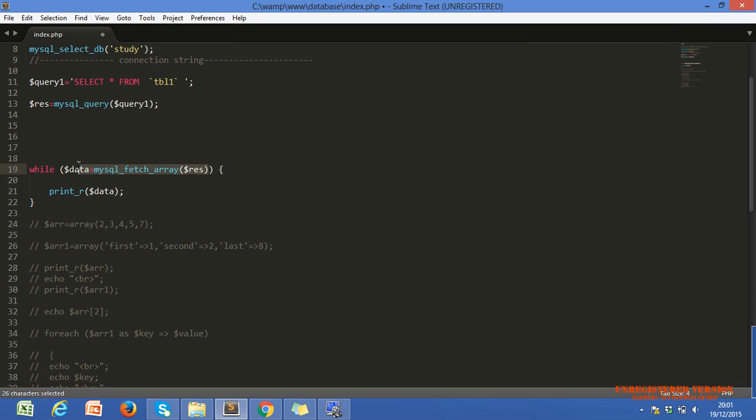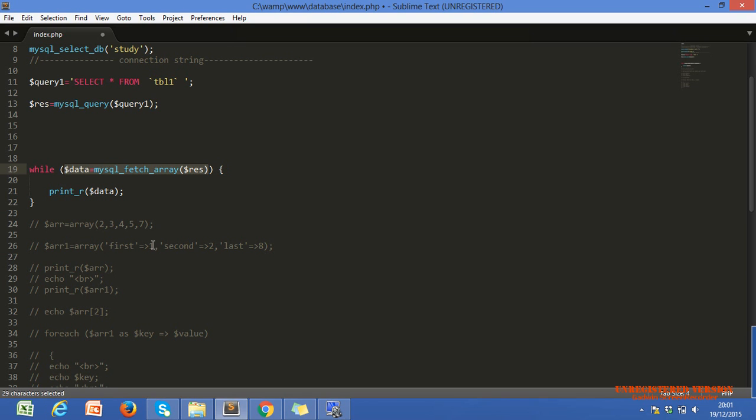Now we have fetched and assigned the first row into this. If we use this fetch array function in any loop, then it will point to the second row.